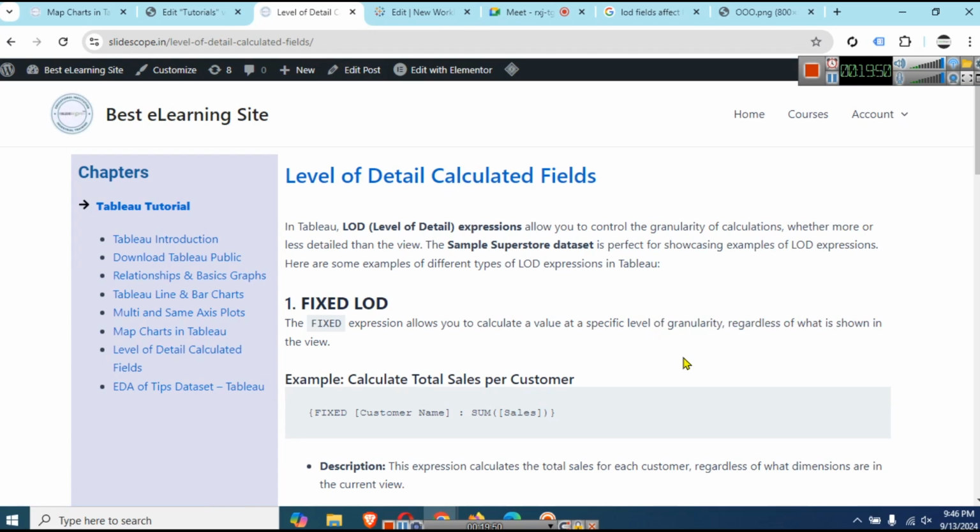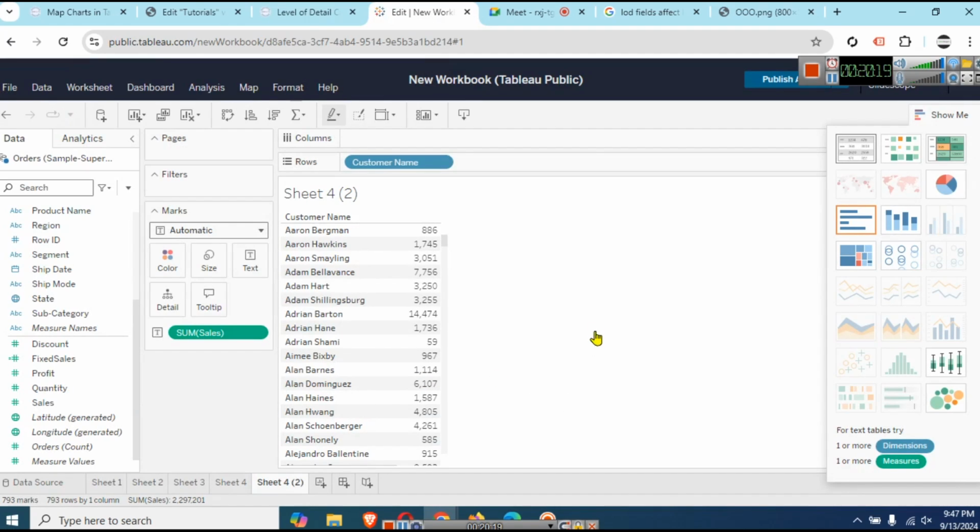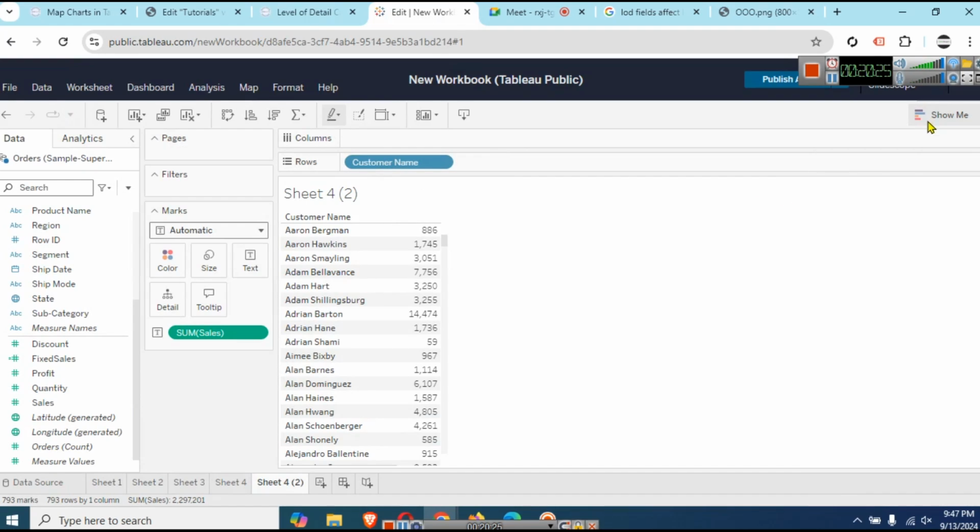So here we are going to understand the fixed LOD at the level of detail of customer, at the level of detail of a customer name. The fixed expression allows you to calculate a value at a specific level of granularity regardless of what is shown in the view. What we have changed in our view is we have selected the customer name and sum of sales, and hence we can see this person Aaron Bergman has